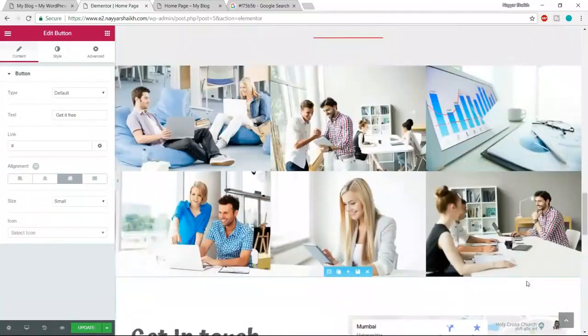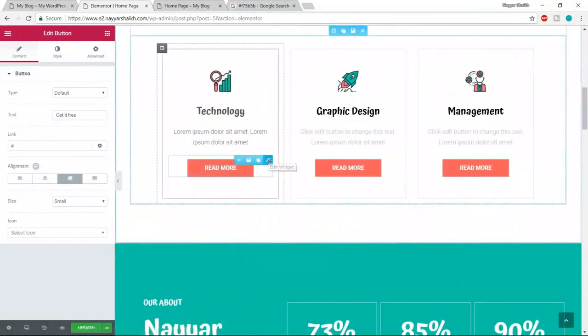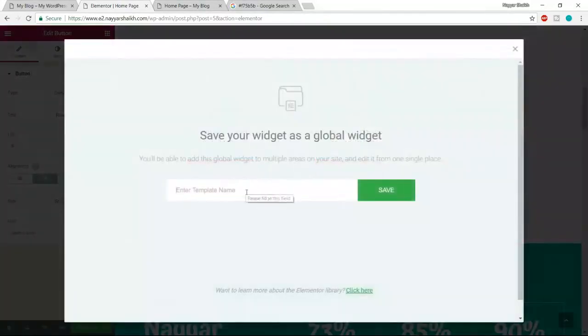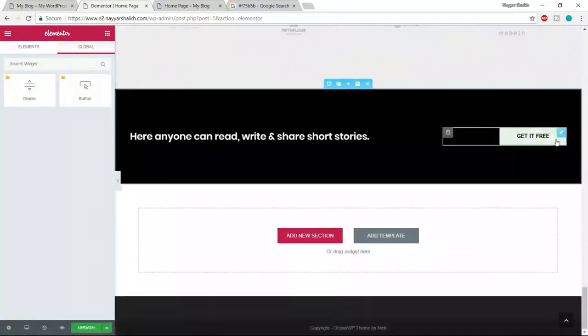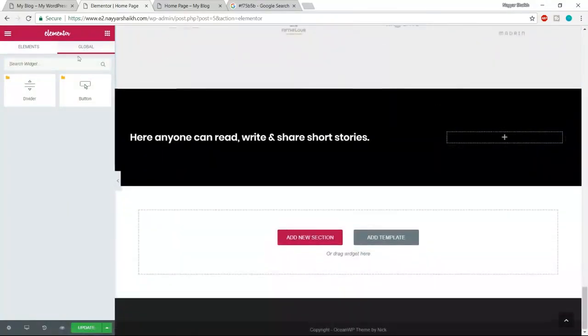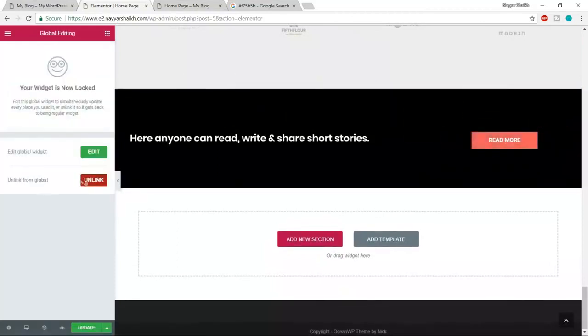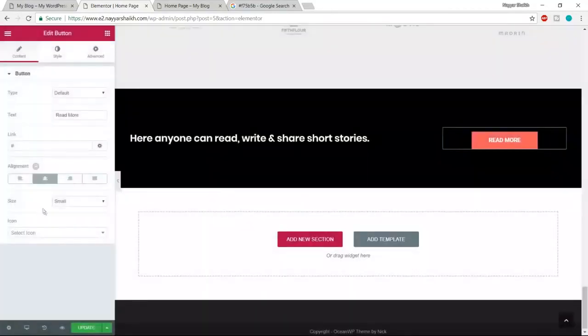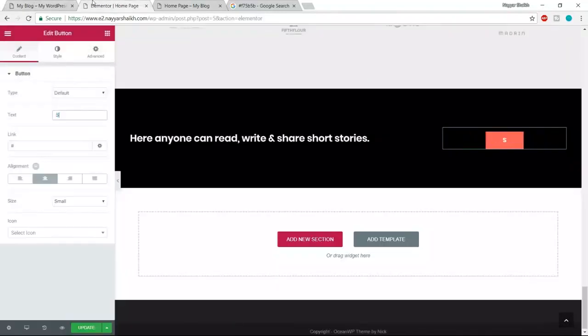Now what we can do, we can again go over here because we don't want to do all these changes again. We can hover this button, click on this save widget and add this widget as button. Click on save. Now come back over here. At the bottom, delete this button and bring this button over here. Now we have to unlink it, and we just have to change the text. Instead of read more, here it says start free trial. So let's type in start free trial,